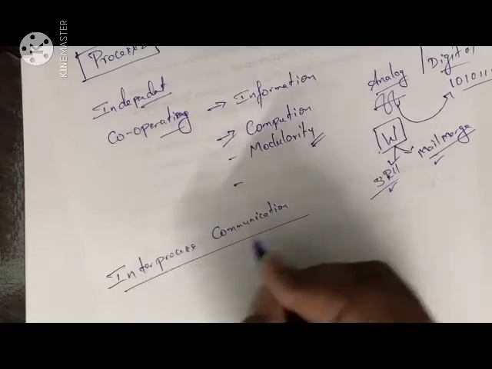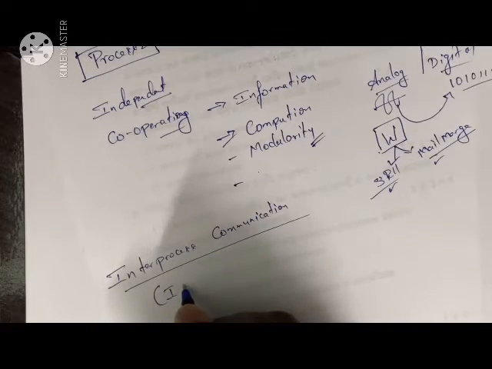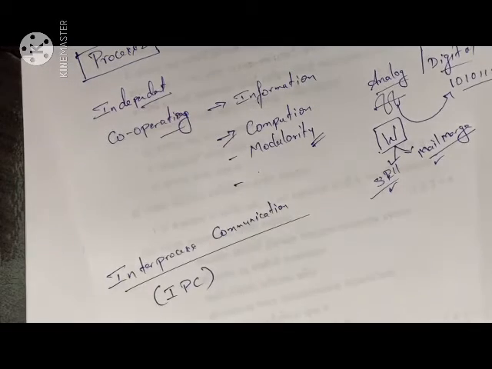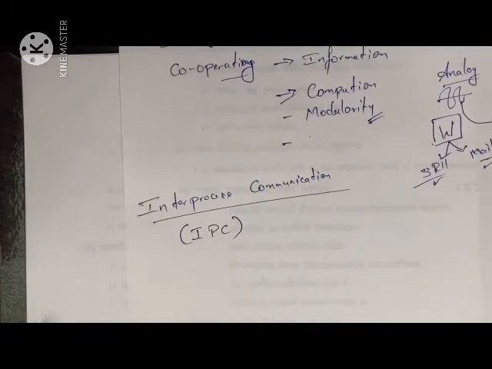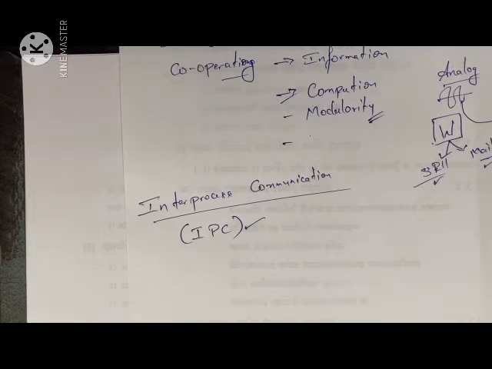Okay. So we will call it simply IPC. What is IPC? IPC is nothing but, as the name says, inter-process communication. We have discussed the topic called cooperating process. In a cooperating process, when one process wants to communicate with the other process, that method or procedure we consider as IPC, which is inter-process communication.